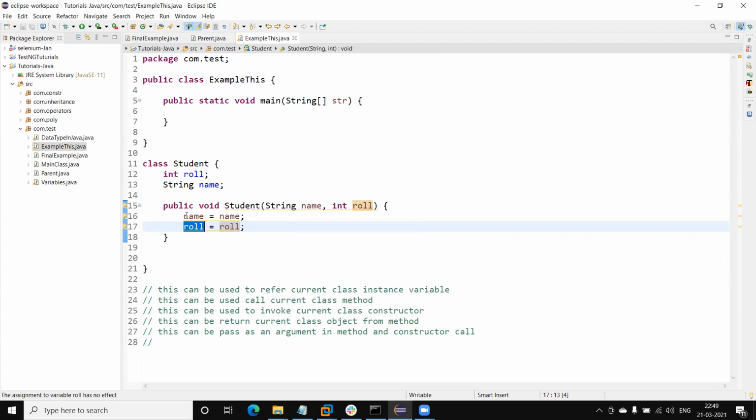Using this keyword, we can refer to the instance variables of the class. Because we are going to assign the local variable value into the instance variable, we use the this keyword here. If we are not using this keyword, the value will not be assigned to the instance variable.